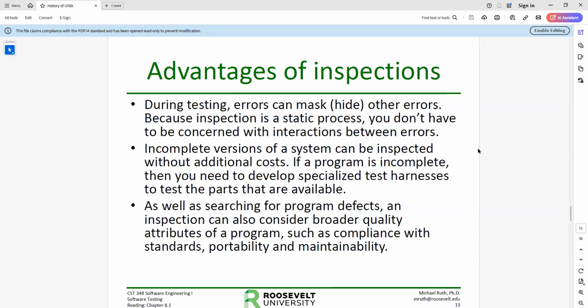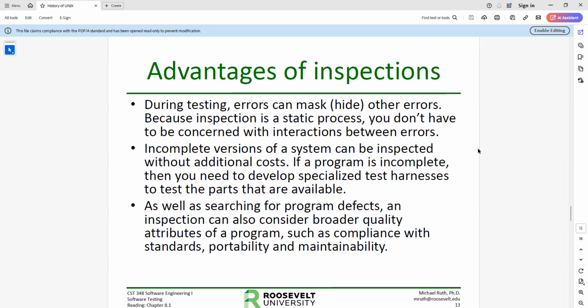So when we are trying to dynamically test incomplete versions of a system, we have to figure out a way to make a program run to test that part of the system. So we have to make something dynamic. We may have to create a specialized test harness just for that part, or we may have to have a test harness that just tests the part that's available. Who knows? Lots of individual things, but it does cost extra money to do.